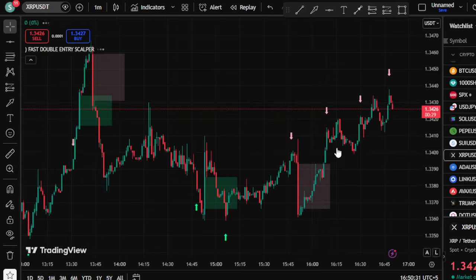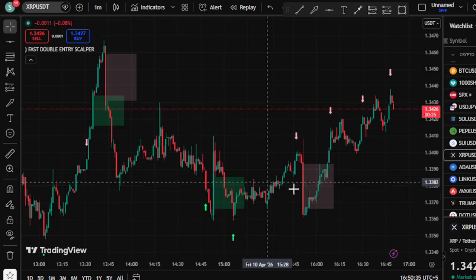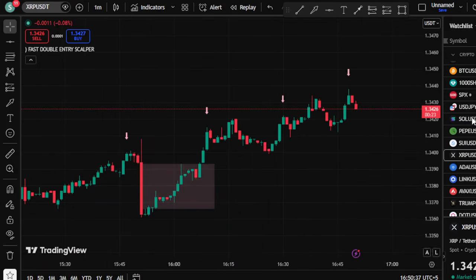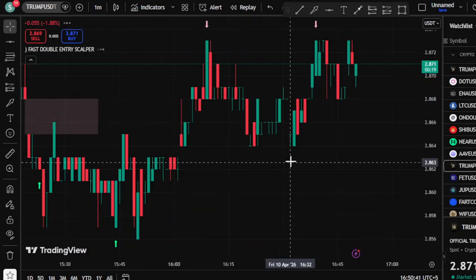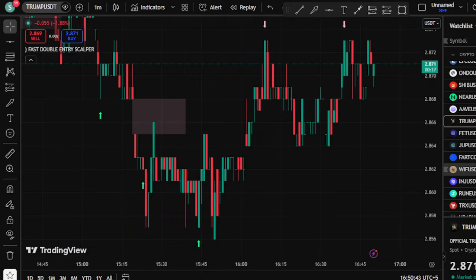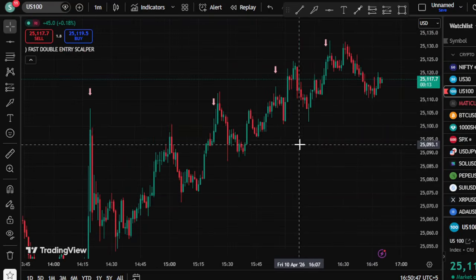This is the real system that we have developed, and it also provides you with the fair value gaps. So if you want to take the advantage, you can. Okay, so you can see everything is in front of you. There is no repainting, nothing. These signals are real time after the candle close, and you will be going to make money without any